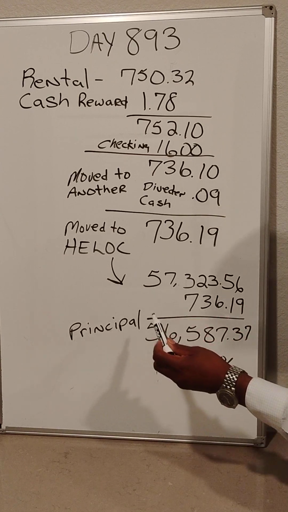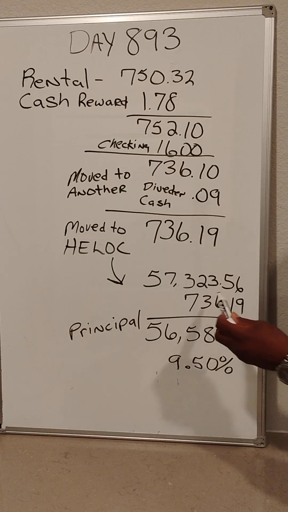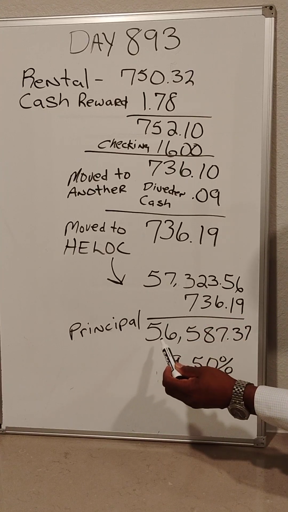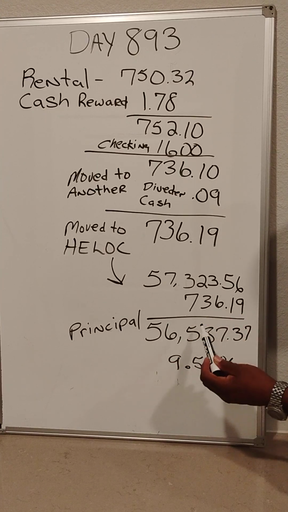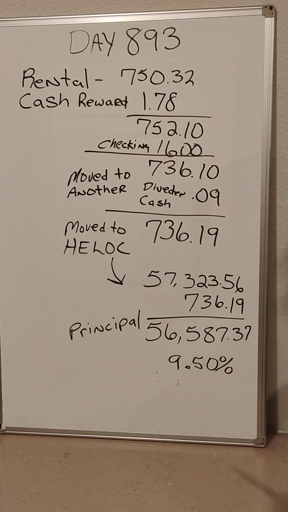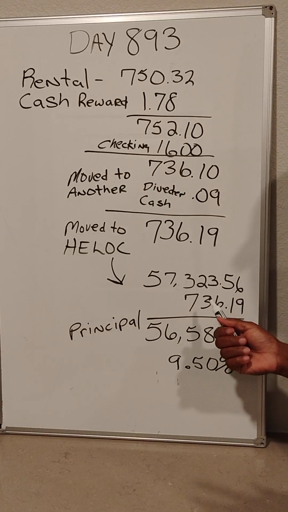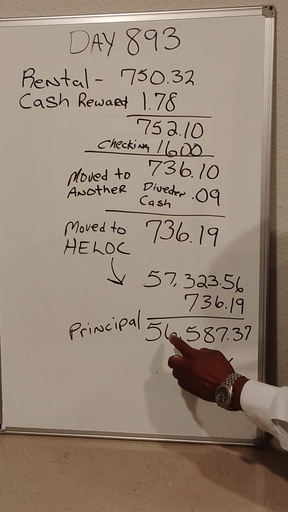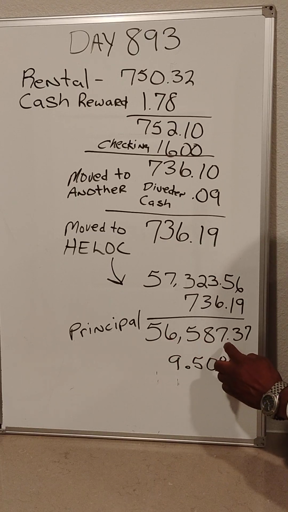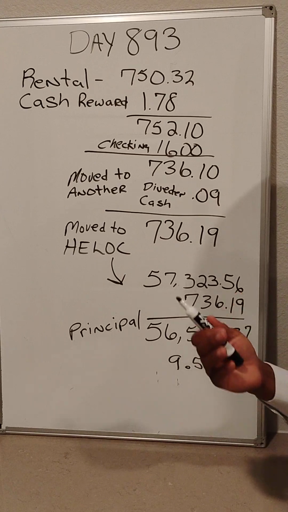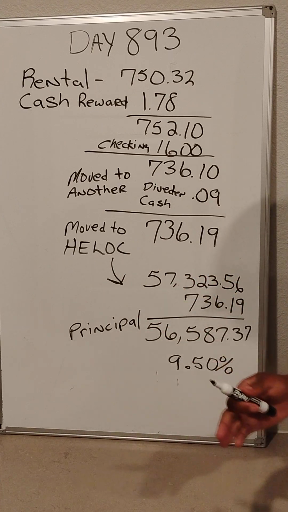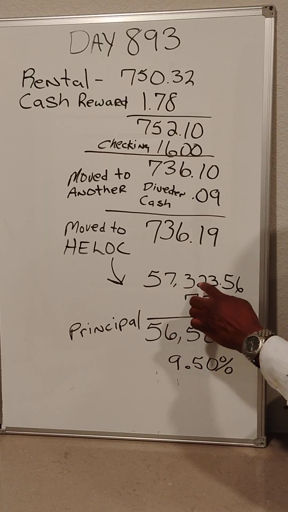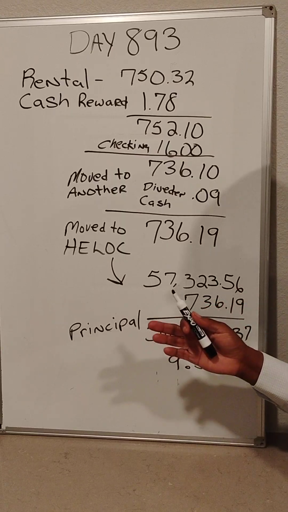Before I put the $736.19 in, the HELOC was $57,323.56. It is at 9% interest. So once I put in the $736.19 today, it dropped my principal down to $56,587.37. Now the HELOC closes, I think, in about 2 or 3 days. So as long as it sits at $56,587, then I'm going to be charged 9% interest every day until it closes. Now prior to that, I was at $57,323.56. So I was being charged